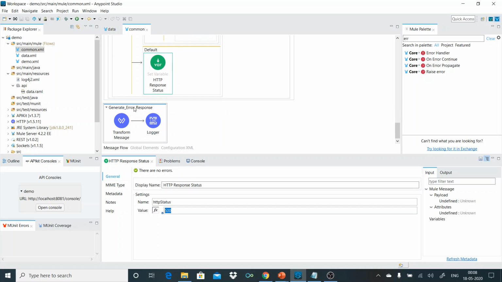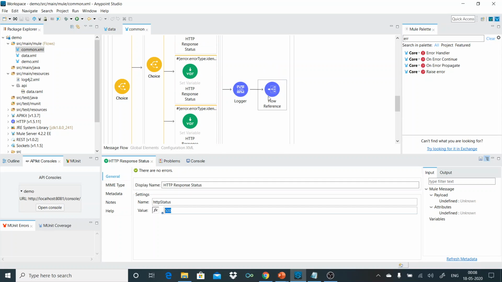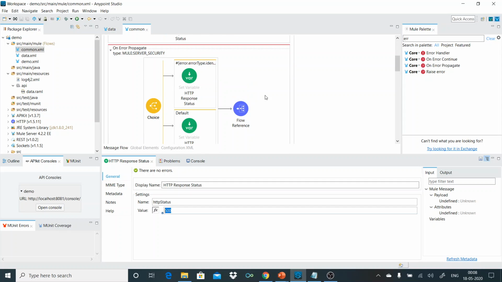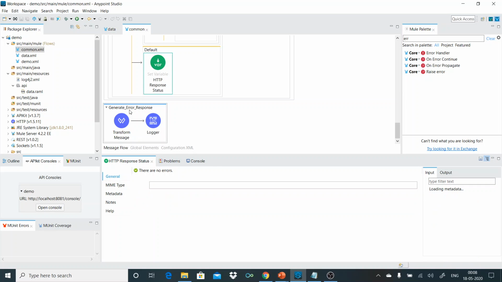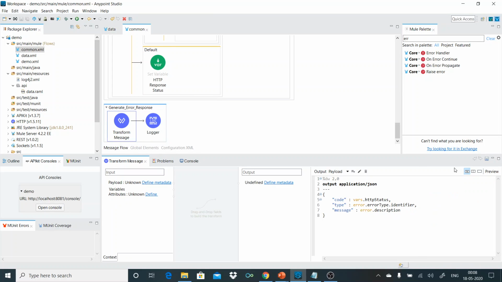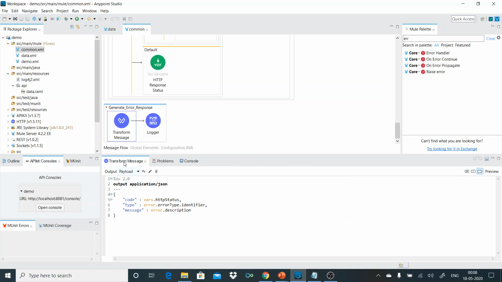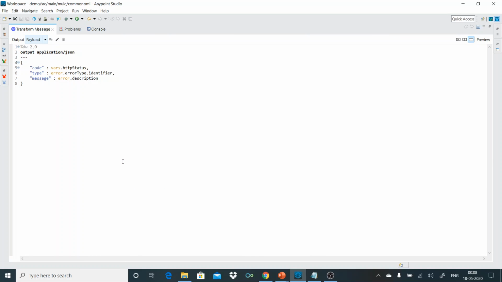All right, so now every flow reference is directing to this generate error response flow. So I have a standard error structure which my organization follows. So any standard error response will have a code, type, and message.